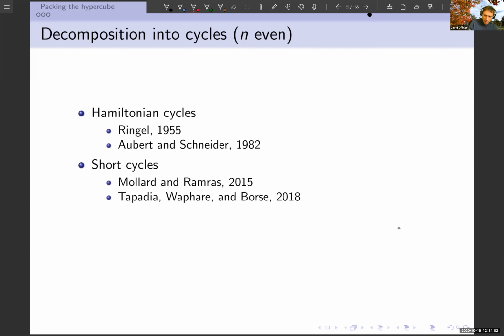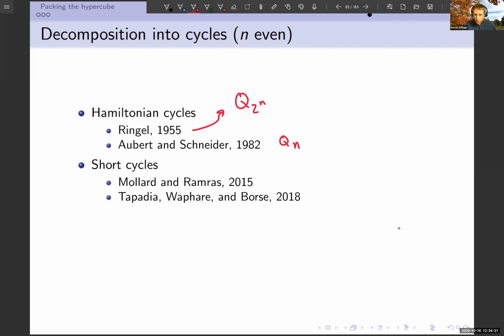for hypercubes Q2 to the n, right? So Q2, Q4, Q8, Q16, those all have Hamiltonian decompositions, and he conjectured that this should be true of all hypercubes, and that was proved in 1982 by Aubert and Schneider. Okay, and there's also been some work with short cycles, Mollard and Ramres in 2015, and Tapadia, Wapner, and Bors